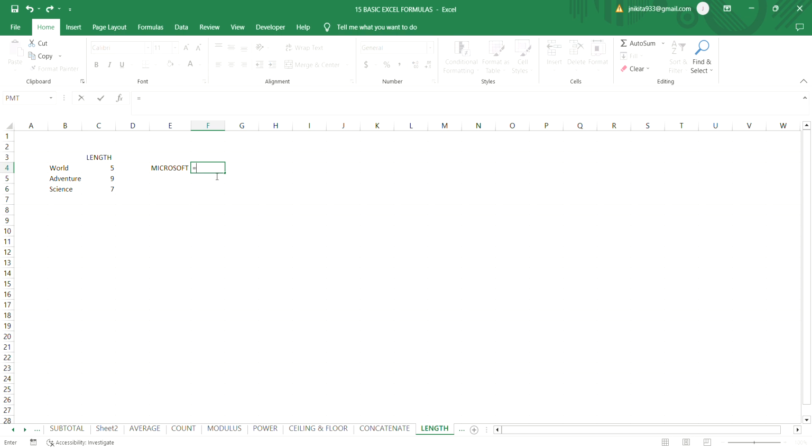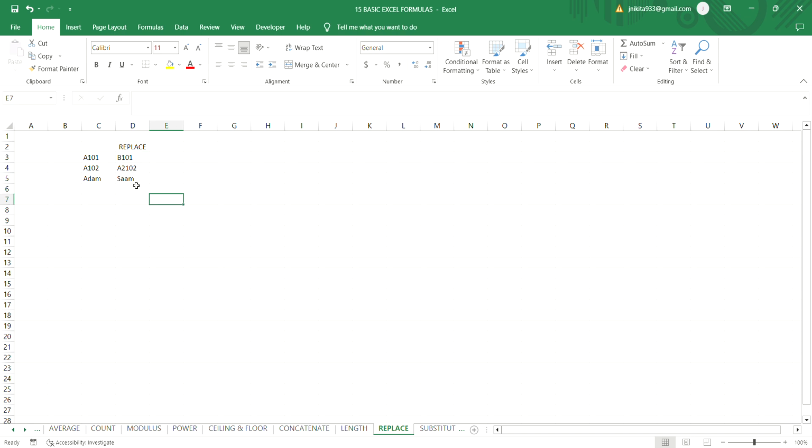Let's find out. Is equal to length, open the bracket. Yes guys, the length function also has a shortcut formula, LEN. Open the bracket. Which word we want to know how many alphabets it carries, select that, close the bracket and enter. 9. So we have 1 2 3 4 5 6 7 8 9, 9 alphabets in the word Microsoft. Let's move on to the next function,